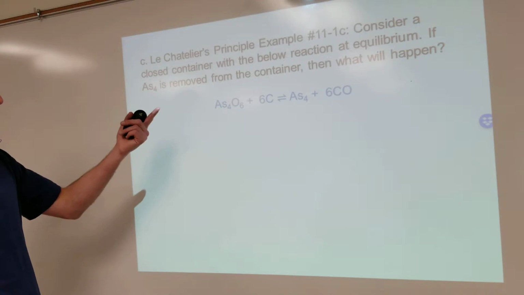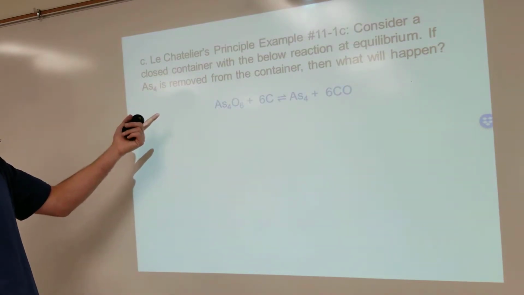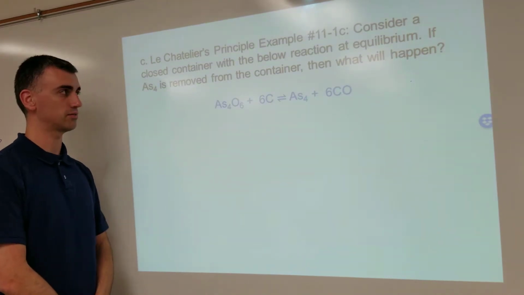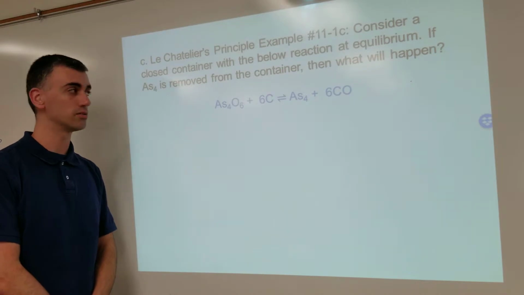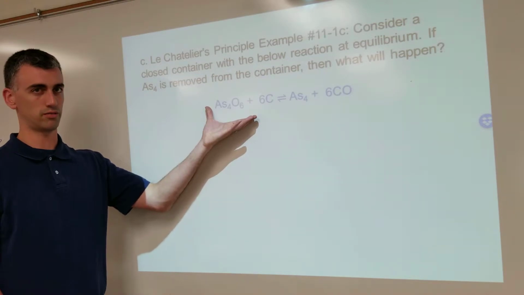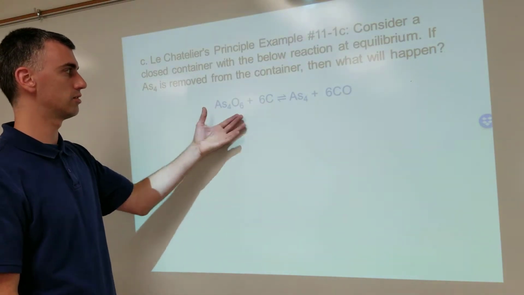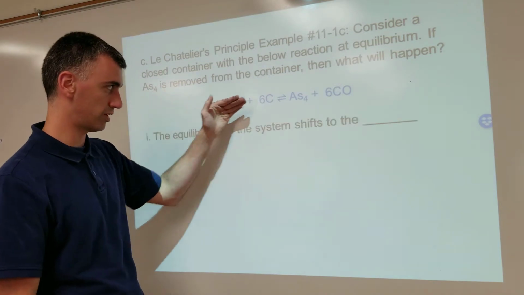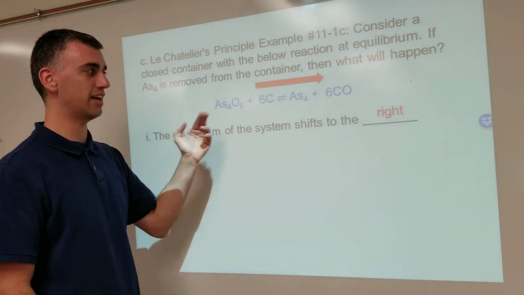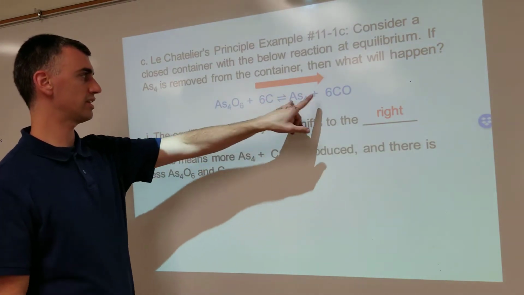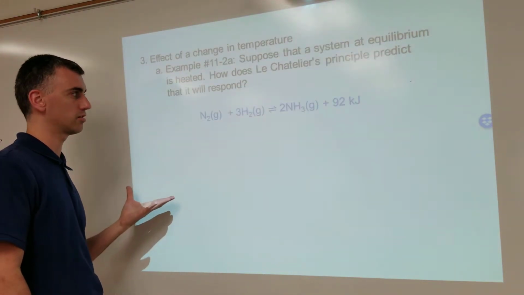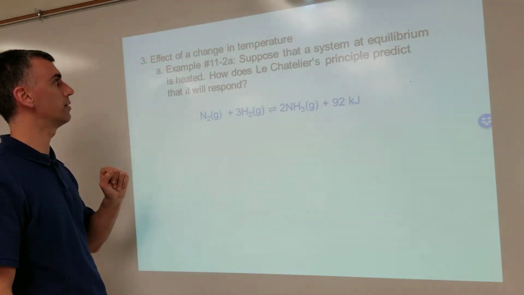Now, with these right here, what if you remove from a container, what will happen? Think about that for a moment. Do you remember what happens if you remove something? Hopefully you said it shifts toward it. And so it says you're removing this. Which way would you say it would go? Hopefully you say toward it. So that means if it's on the right side, the reaction shifts toward the right, which means more of whatever's on the right and less of whatever's on the other side, the left. So this means more of these and less of these, as you can see. All right, now,